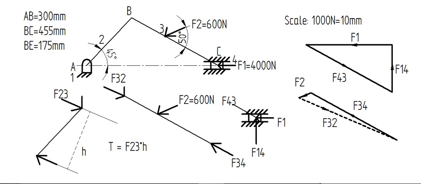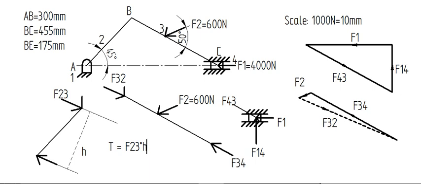So this is the two-step method. There is also a one-step method, but I am going for the two-step method. It means you have to draw two polygons. One is the force polygon for link 4, that is for the slider. Then once you get the force polygon here, you have to transfer F43, which is equal to F34. So with the two forces on this link 3, F34 and F2, you get F32 here.